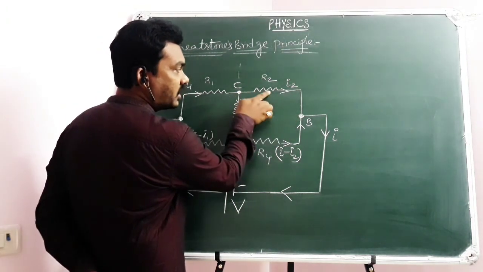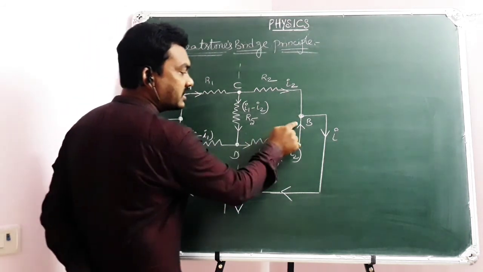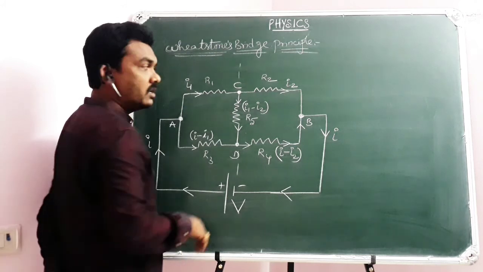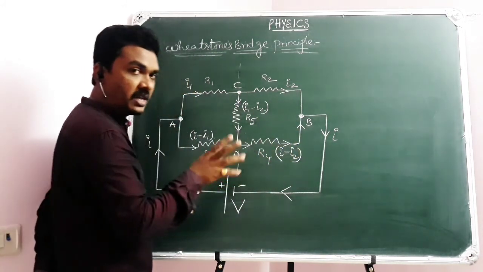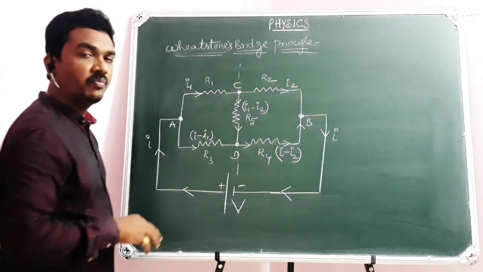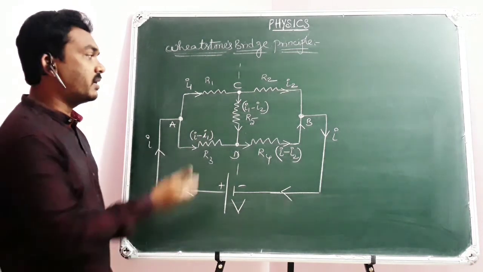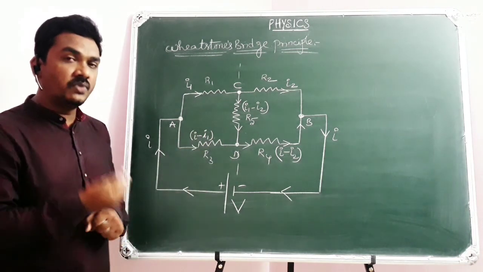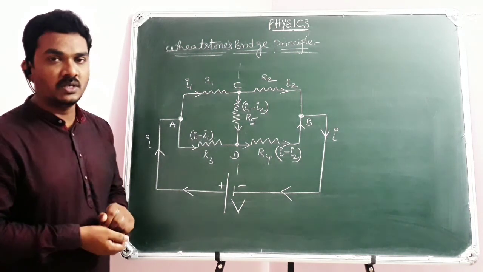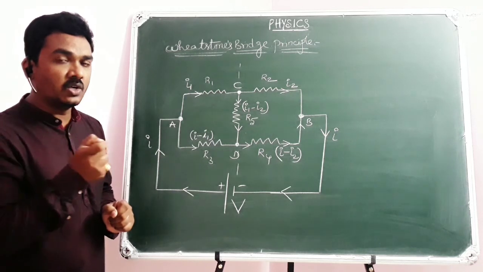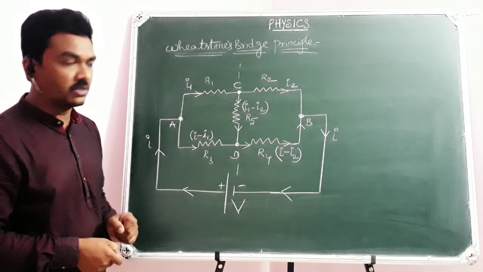VC minus VB is the potential difference across R2. VD minus VB is the potential difference across R4. Then VC minus VB minus VD minus VB, then VB cancels, and you will get the VC minus VD equation. In that equation, you put the R1 by R2 equals R3 by R4 condition, then you will come across VC equal to VD. Once refer to the Wheatstone-Bridge circuit in capacitors and try in the same way to prove that. But here I have a small technique to prove the Wheatstone-Bridge principle, still far better than the concept of capacitors.